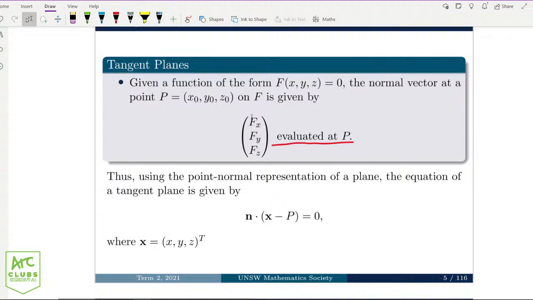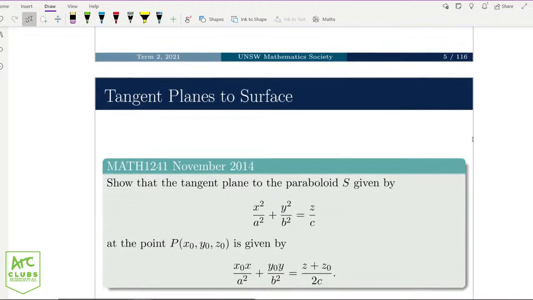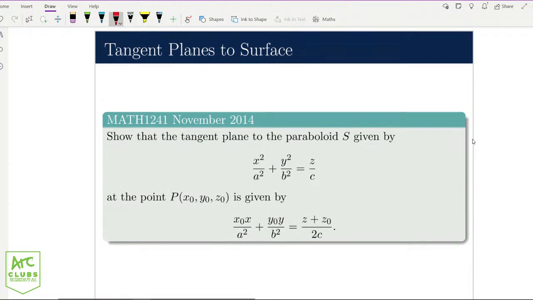How we can do that is to rearrange our expression into the form f(x, y, z) equal to 0, and then take the partial derivatives of f with respect to x, y, and z. Let's have a look at how we can do that. If we rewrite it in the form that we want, just moving everything to the left-hand side, we end up with